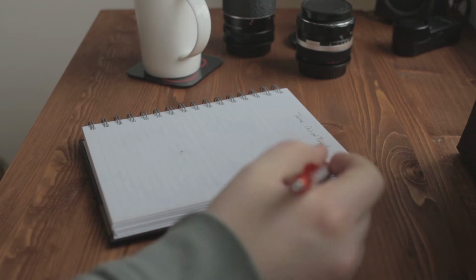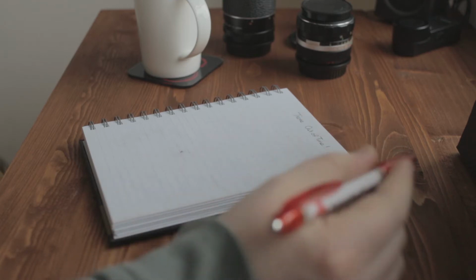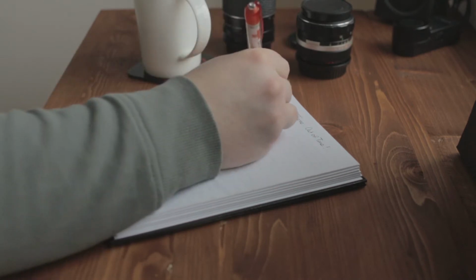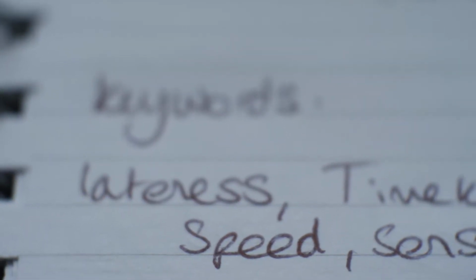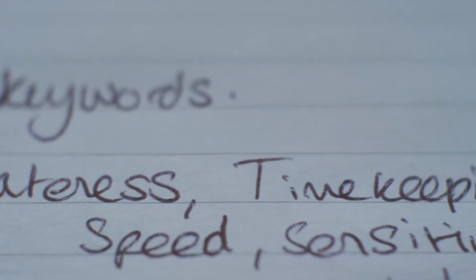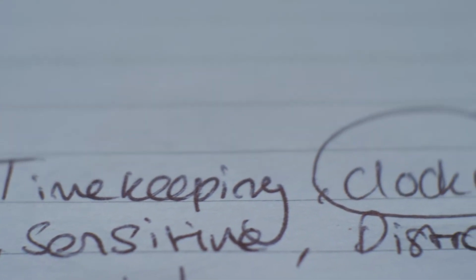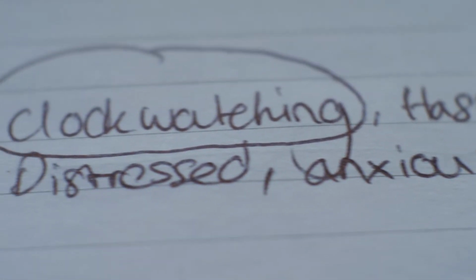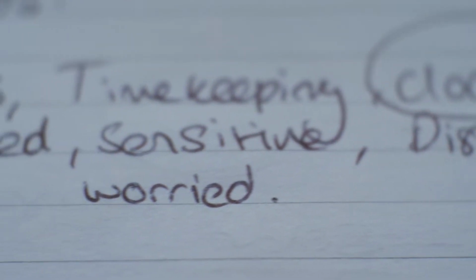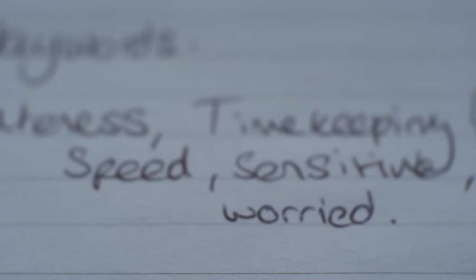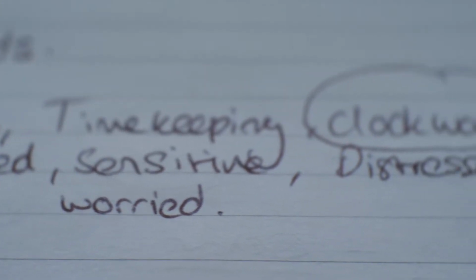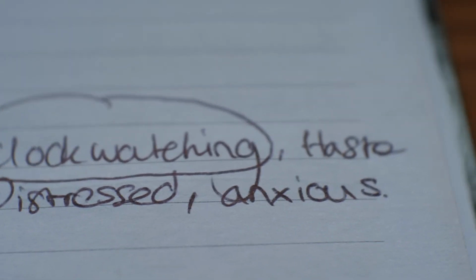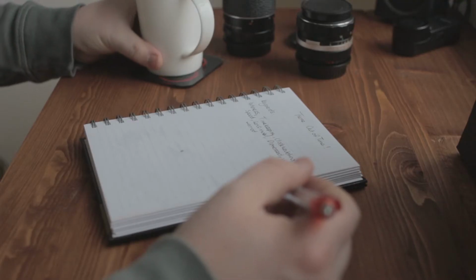So going from the theme of out of time, what I like to do is start off with keywords. These keywords are words which I would associate with something being out of time. So you've got keywords like lateness, timekeeping. You could keep going from here and continue to write keywords down. From this, what I tend to do is choose a word from the keywords which I'm going to take forward, but also try to keep it as non-cliche as possible.